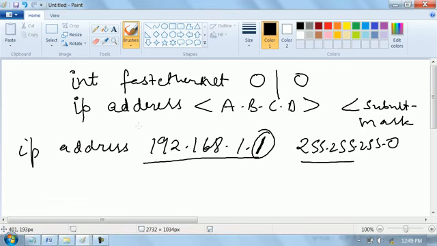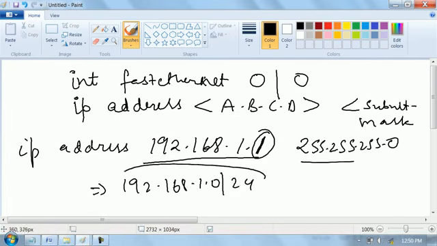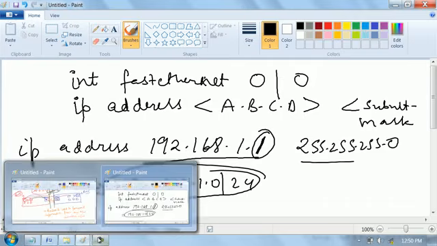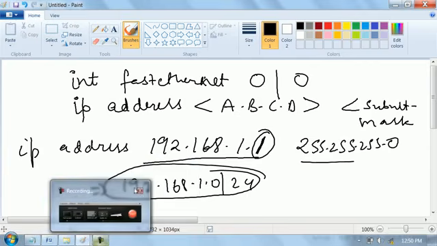This thing is fine? Now, what will be the network ID? 192.168.1.0 slash... The router has calculated the network ID. Router has calculated the network. Next thing,